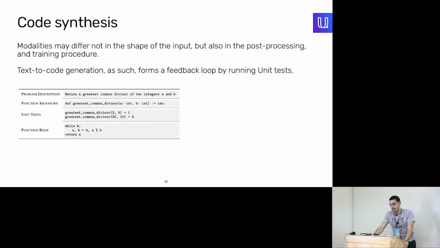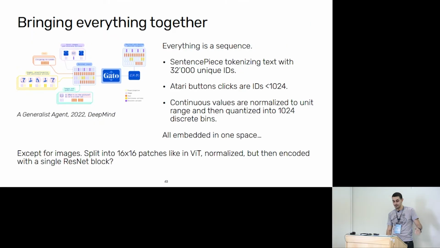Another modality is code synthesis, which we think is very similar to text, but it's different in terms of its final procedure. So the input is mostly textual. It's the source code. Sometimes people would try to do abstract syntax tree inputs, and you can also do it with not just text transformers, but also, let's say, graph neural networks. But the post-processing, working with the output of the neural network, is more interesting because you can run unit tests on them, produce a lot of examples, and then this would be somewhat similar to the beam search. When you produce a lot of examples in a generative fashion, you run tests for them, and you cherry pick the examples that pass the tests.